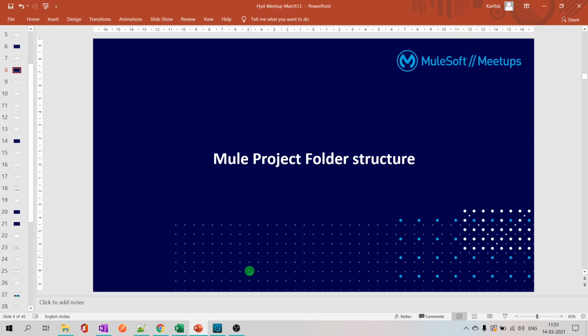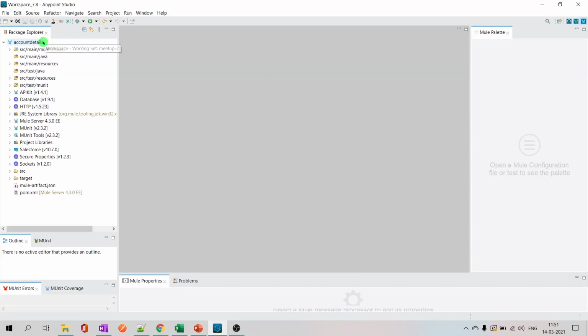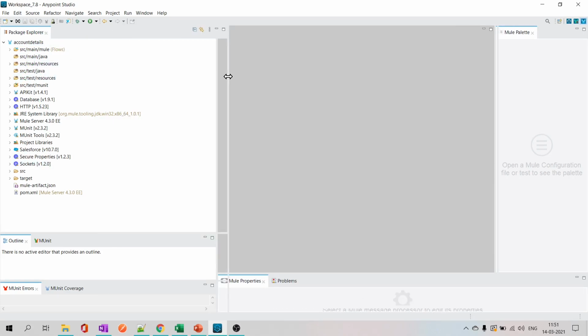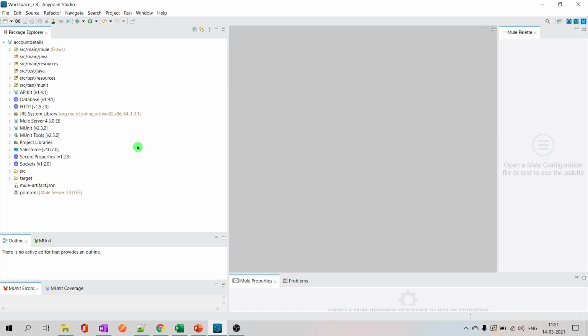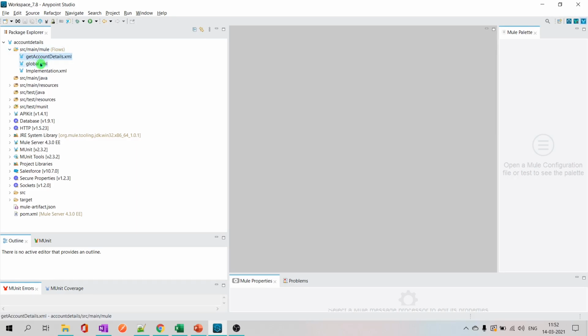Okay, we'll jump into Studio. This is what we see whenever we import or create a new MuleSoft project. We will be importing RAML, we will be scaffolding it. Even if you don't do it, this is the structure you have currently. Let us start from the top. The first folder we are seeing is src/main/mule. As the name indicates, this is the main folder which contains Mule flows. These are the different Mule flows we will be having.